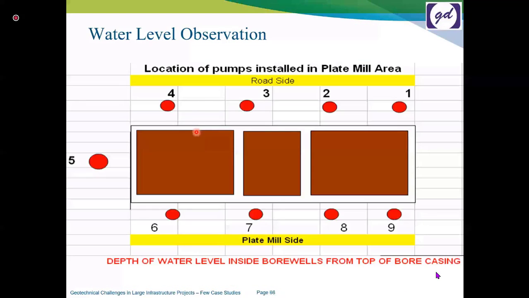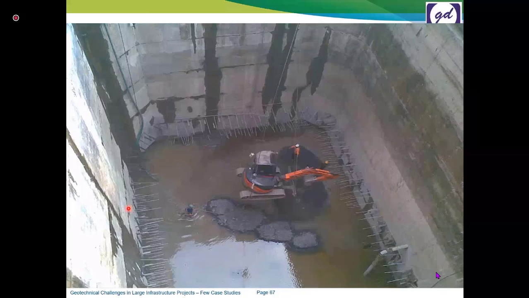So as a solution, this was given to us as a challenge, and what we did was we installed almost nine deep wells around the scale pits and started dewatering from the outside rather than the inside of the pit, and tried to see whether we would be able to lower the water table or not. As you see, we could see the bottom, so we were able to lower it.